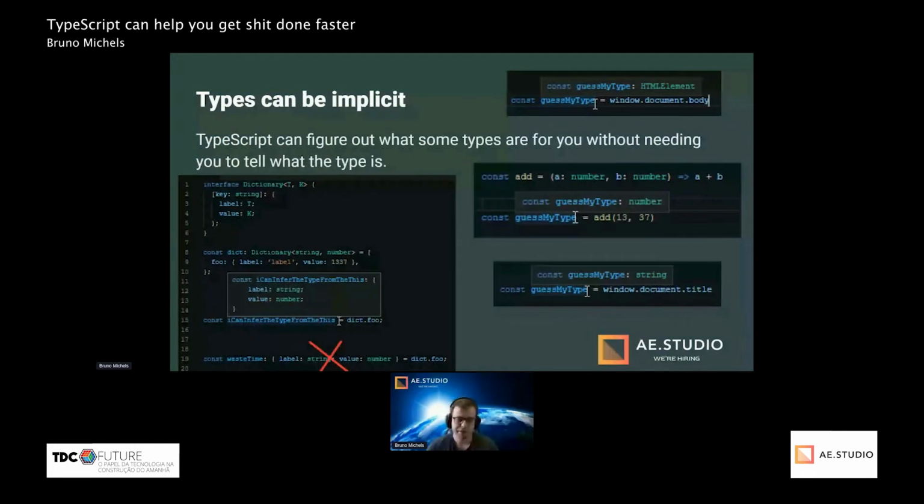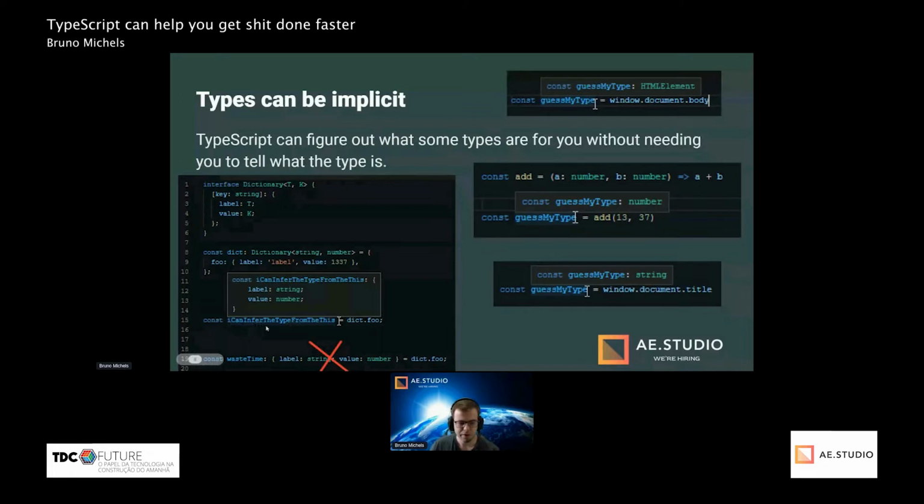So types can be implicit. You don't have to say what the type of your variable is everywhere. You can if you want, but you don't have to. So in this example, we have this variable, which is receiving the value from another variable. And this other variable, we already know the type of this variable, which is an object that has a label and has a value.